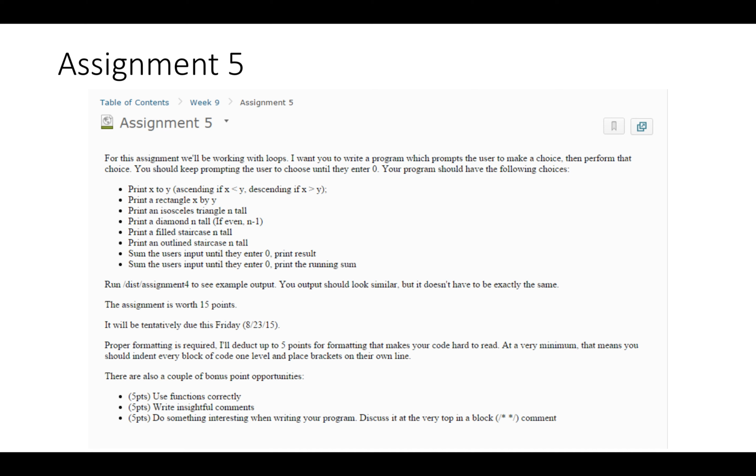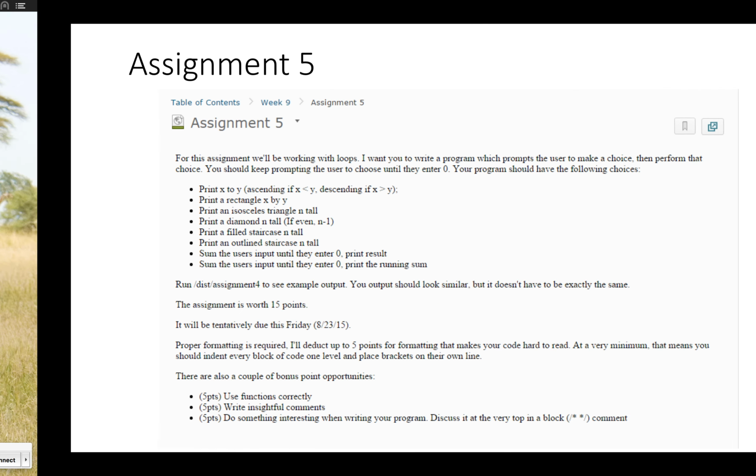That's 5 more than usual because we haven't had one in a while. Tentatively, it's going to be due this Friday. However, I don't necessarily think all of it's going to be due this Friday. What I'll probably end up doing is having some of the easy loops, let's say printing the staircase, maybe doing the square. Those will be due this Friday. And then some of the harder ones like the isosceles triangle and the diamond might be due next Wednesday or next Friday. But that's not necessarily the case. If I feel like the class is going well,